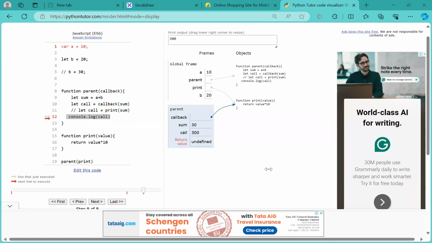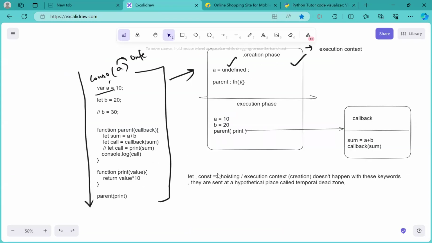Clear how line by line the code is working? Link I'll paste it in your notes, right? Notes में whatever application I'm going to use, I'll share them. राइट. तो ये क्लियर हुआ कि हाउ द कोड इज रनिंग फ्रॉम टॉप टू बॉटम, राइट. अभी जो है ना, हाउ दीज थिंग्स आर बीइंग टेकन केयर कि कौन से फंक्शन के अंदर कौन सा